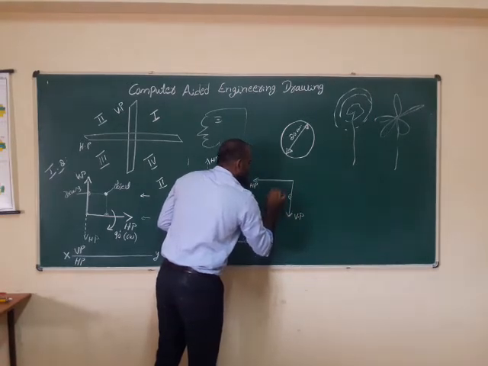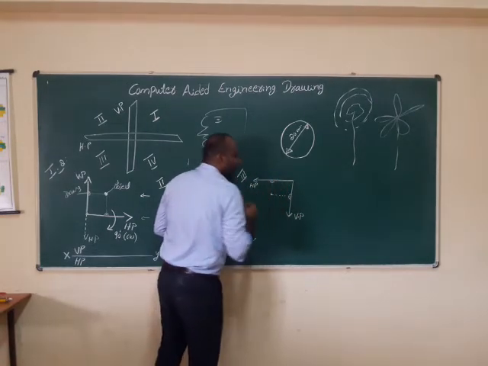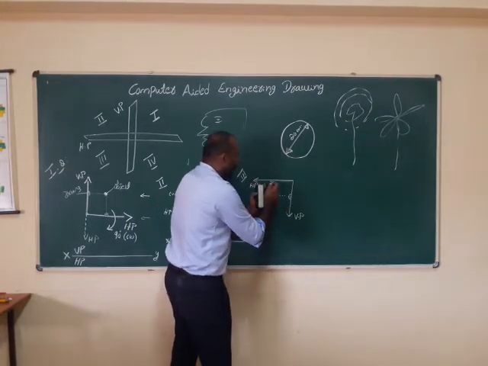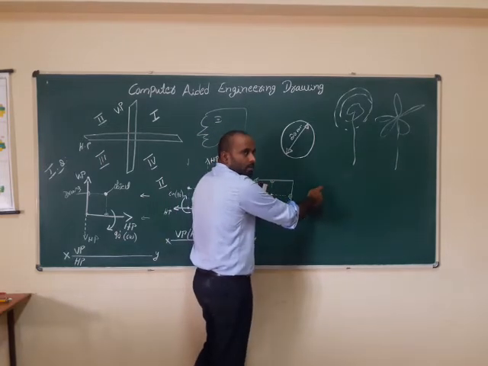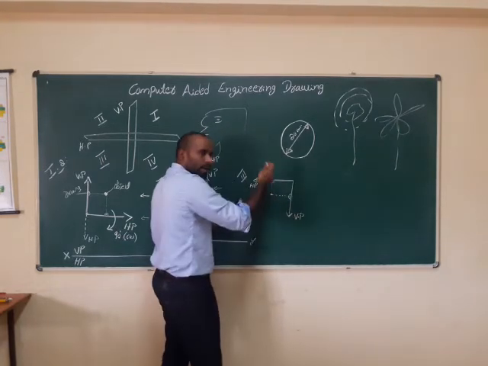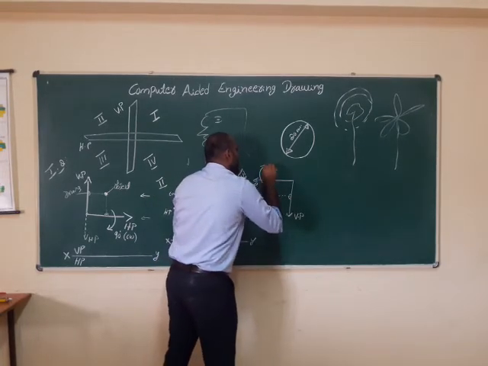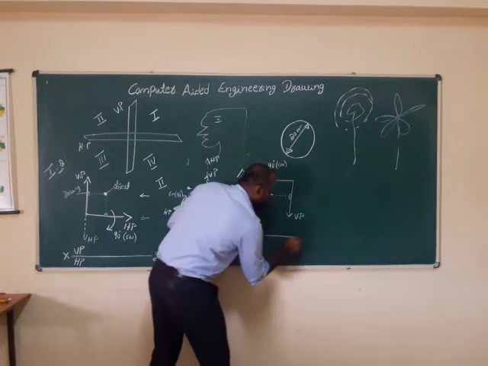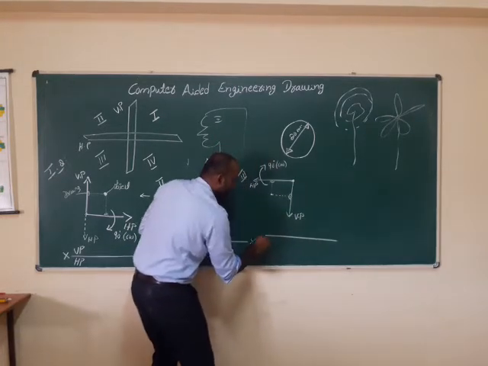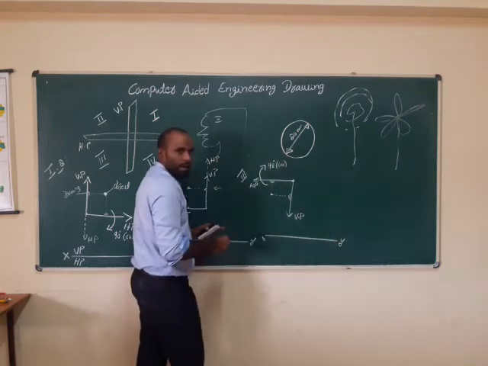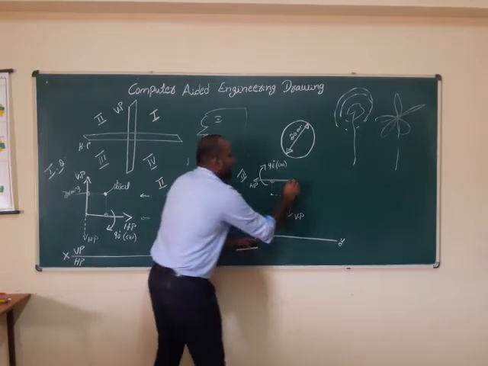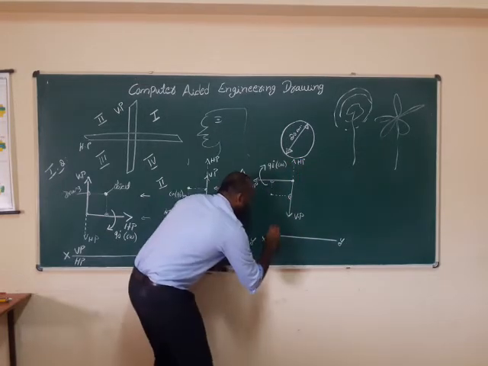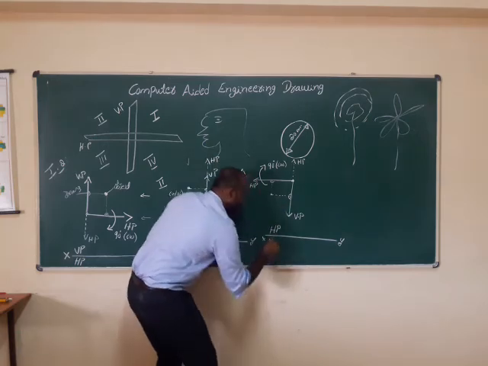This is the object. In the top view, you have to draw on the plane, but the vertical plane is easy to see, while the horizontal plane you can't see, because it is exactly perpendicular. That's why you have to rotate it clockwise by 90 degrees. So you draw the center line. One end is called X and the other end is called Y. Above the XY line you write HP, because the HP comes above. Above the XY line is HP and below the XY line is VP.